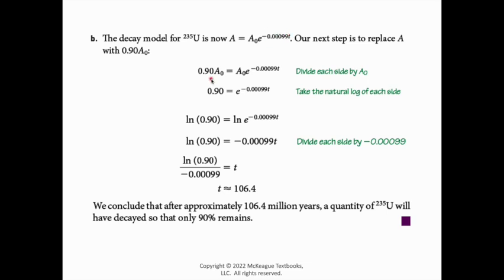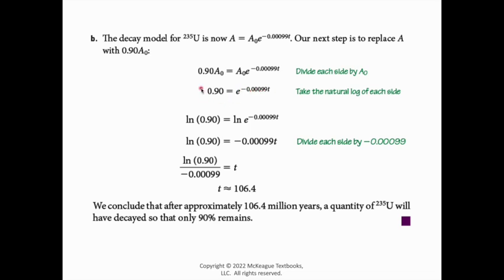And again, we really don't need in this situation to know what the initial amount is, because if we call the initial amount A naught and we want to know what 90% of A naught is over here, we're just going to divide by A naught on both sides and get rid of it, and we don't really need it. So what we're left with is 0.90 is equal to e to the minus